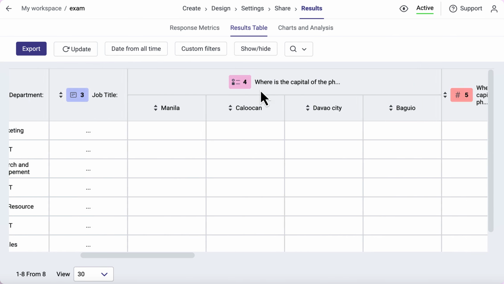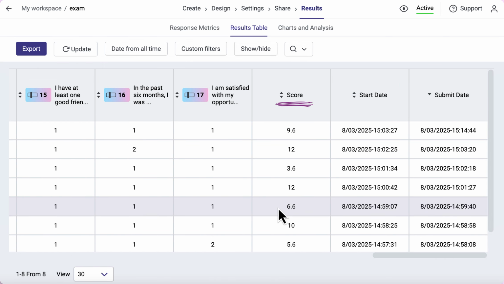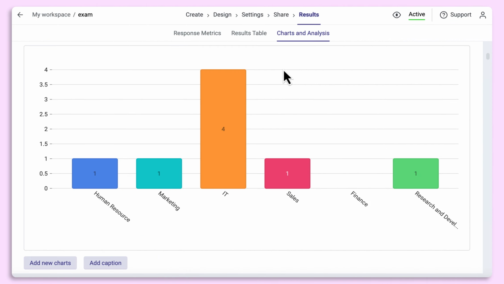In the results table, you'll see the score column for each respondent, and you can sort or filter responses based on it. In the charts section, you'll see visual stats, including averages and standard deviations, ideal for deeper